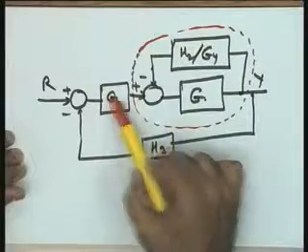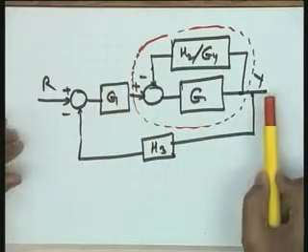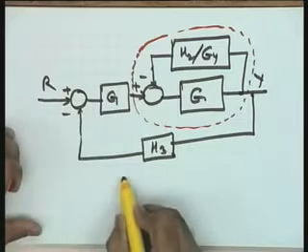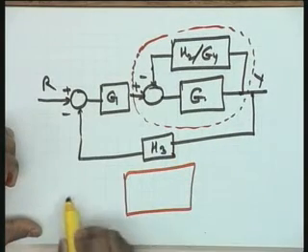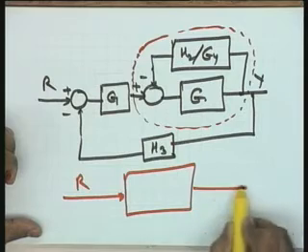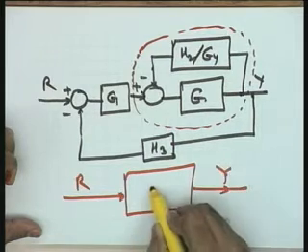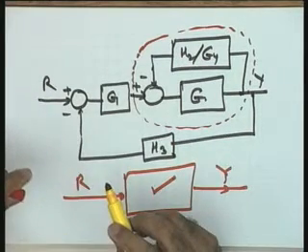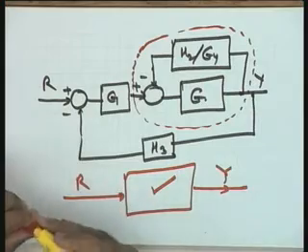One time you have already applied, second time you apply it on this loop, cascade it with G1 and then apply it on G3, you get a relationship between y and r, and hence a closed loop transfer function for the system with r as the input and y as the output is available to you. Okay? So, this way any type of manipulation you see is possible.